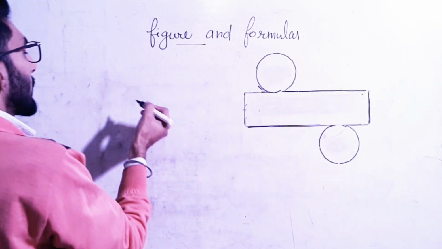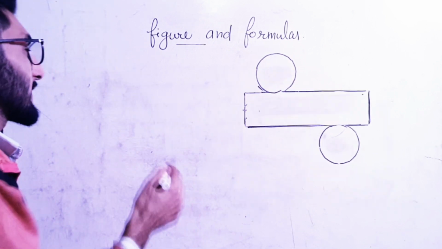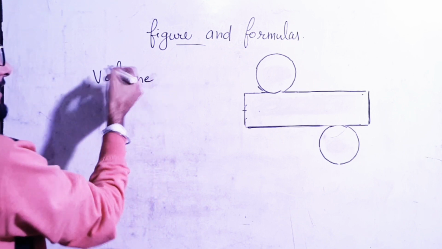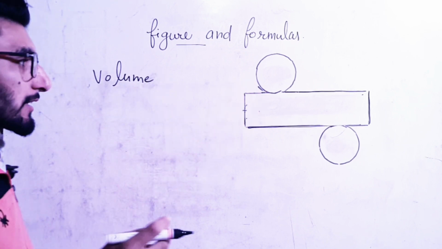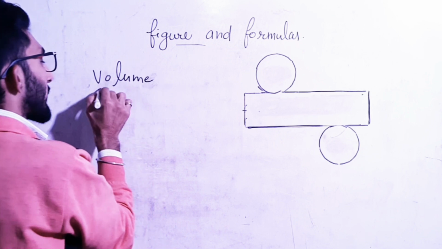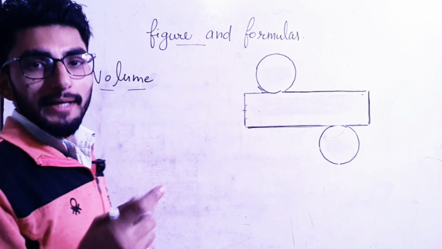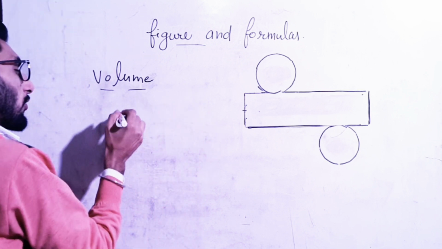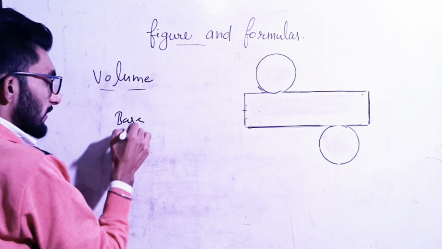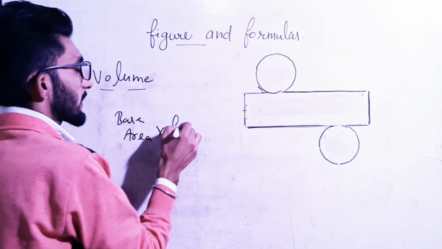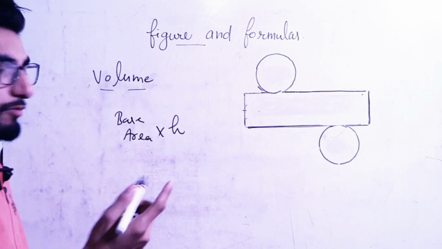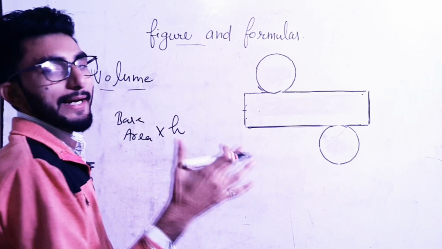Clear? So next formula we have to start here is volume. So now we will find volume of this cylinder. ठीक है, so इस cylinder का हम अब volume find करेंगे. Clear? So we have done this already कि जो volume है that is multiplication of base area into height. ठीक है, कि जो भी बेस का एरिया है उसको हाइट के साथ मल्टीप्लाई करो, you will get the volume.